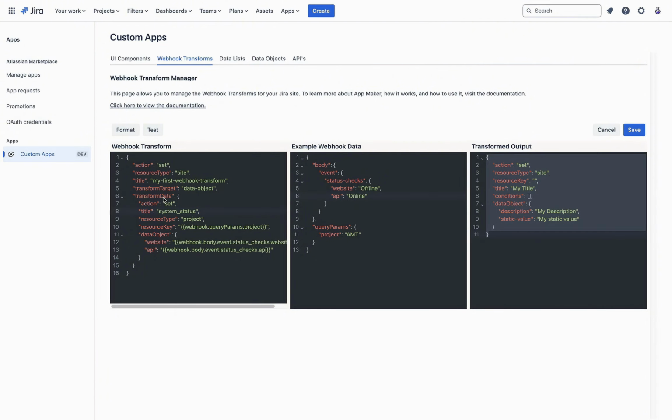The title of the data object we want to create is system status, because that matches what we were using previously. And we want to set it with a resource type of project because we want the data to be scoped to a particular Jira project. But now, as we've gone over before, if you are using a project resource type, you have to specify a resource key so that AppMaker knows which project you are mapping the data to. So to do that, we use our double curly brace handlebar syntax. And we template from